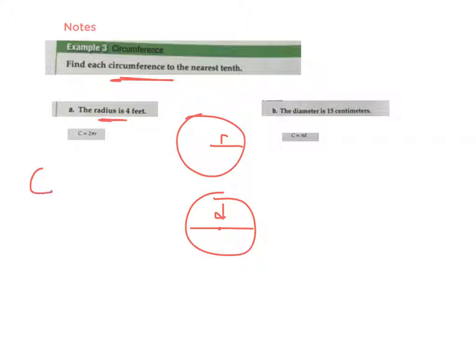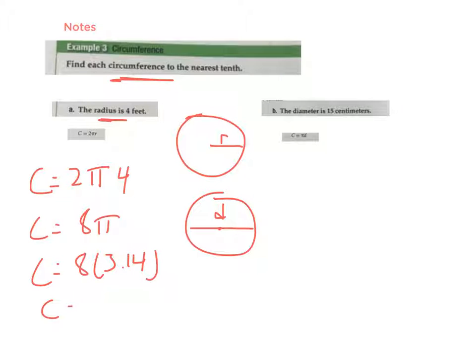So I'm going to find the circumference by going 2 times pi. In this case, the radius is 4. So 4 times 2 gives me 8. And we know pi is 3.14, so I'm going to multiply by 3.14. And so my circumference is